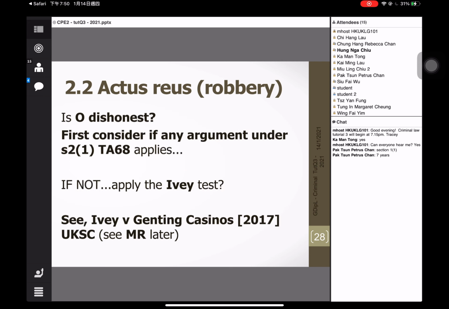Okay, so only mention the straightforward points and then focus on the more contentious points. So what about dishonesty here? So it looks like Oliver is dishonest. So when we're thinking about the element of dishonesty, we should first think